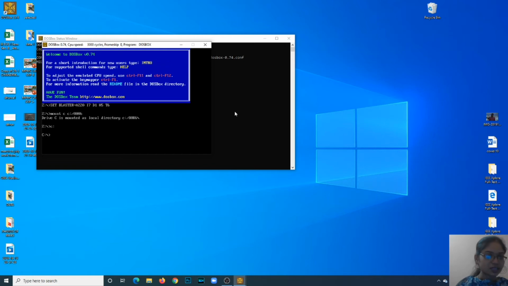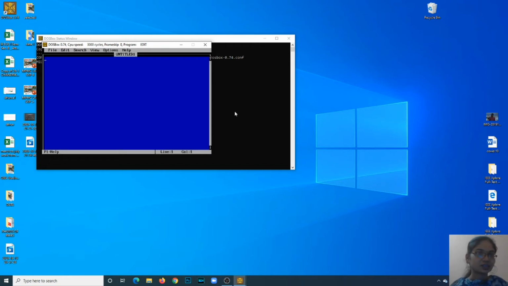Now write a program using edit. Type edit and press enter. A new window appears. Here go to File and select New. Here I start typing my program.